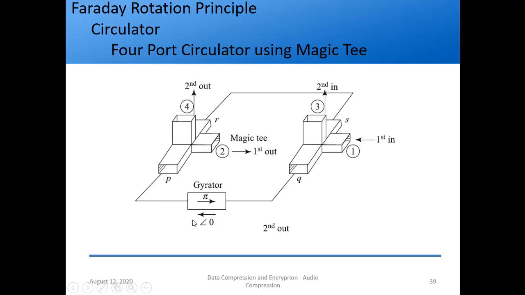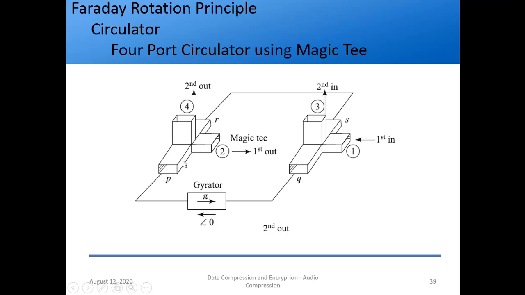So this is what a gyrator. I am going in the opposite direction of the gyrator as shown here, so it will give a 0 phase shift. So here also I get 50 watts, right? So here also I get 50 watts, right? So I am getting the same in-phase inputs here at this second magic T. Now what will happen?